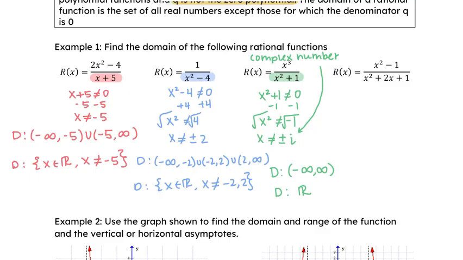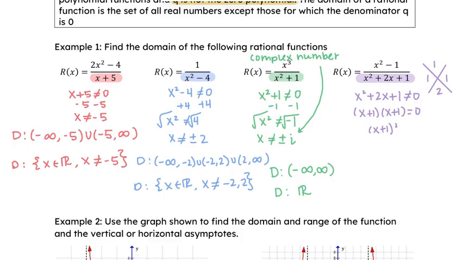And then for my last one over here, I've got x squared plus 2x plus 1 cannot equal 0. So I'm going to do some big X factoring. I'm going to put a 1 on top and a 2 on bottom. So I need something that multiplies to 1 and adds to 2. That's going to be 1 and 1. So you could write it as x plus 1 times x plus 1, or you could just write it as